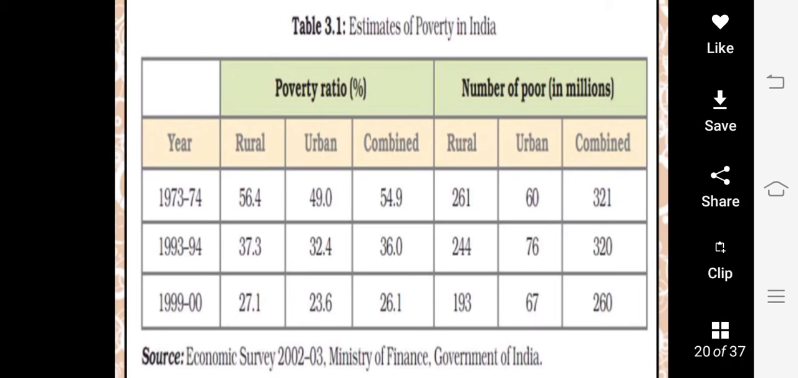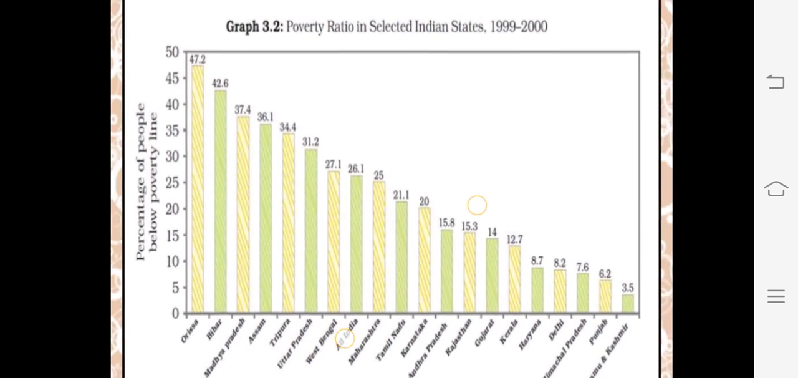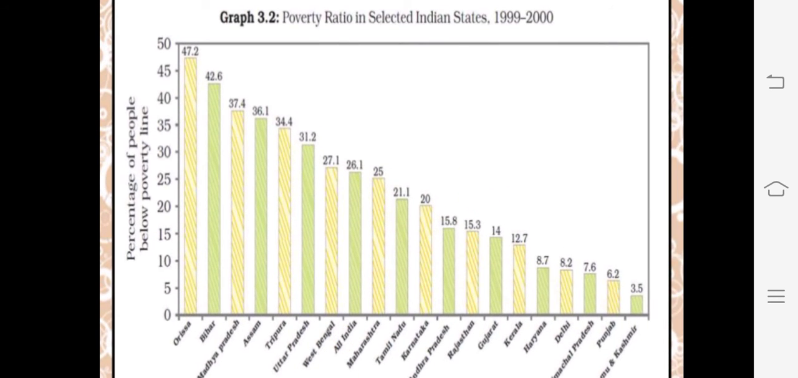Next we come to the poverty ratio in selected Indian states. Here is the percentage of people below the poverty line, and on one side we have the states. The highest we can see is in Orissa, that is 47.2, Bihar 42.6, Madhya Pradesh 37.4, Assam 36.1, Tripura